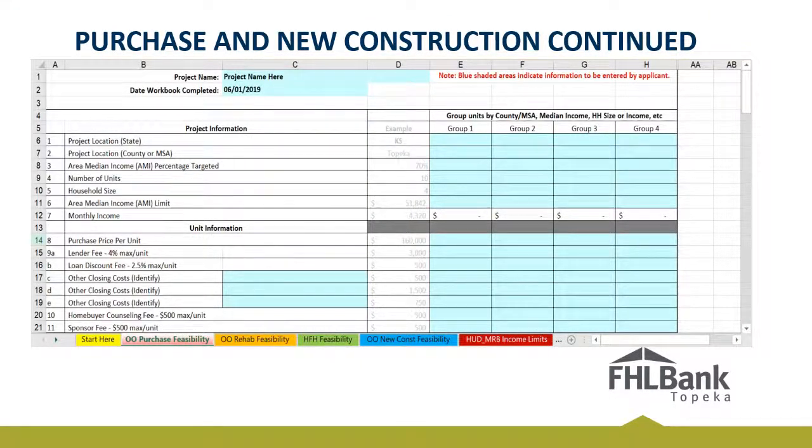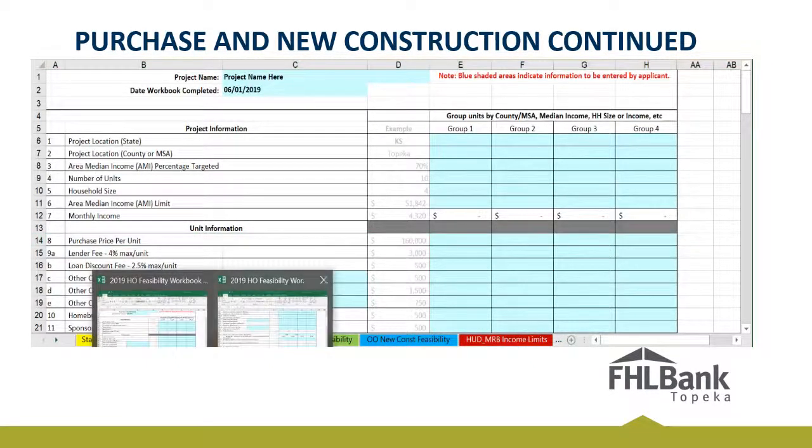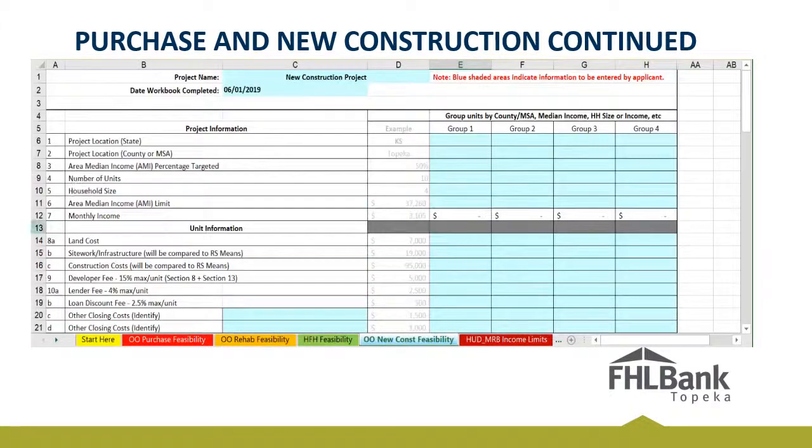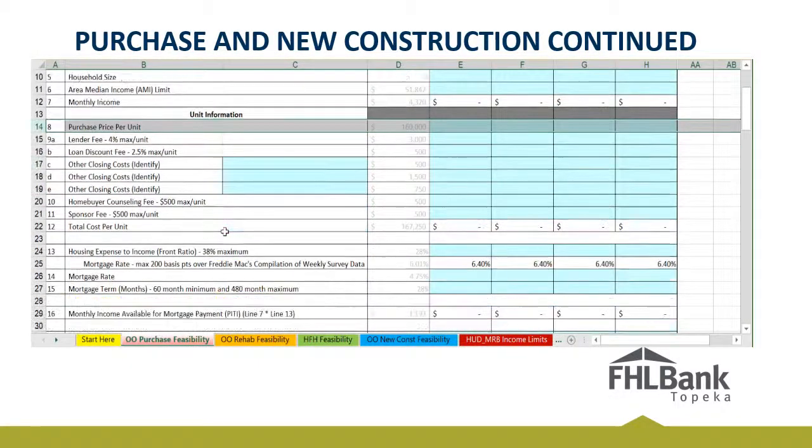Once you've entered the household information, continue completing the remainder of the feasibility workbook. The lower portion will require you to know information about the unit cost. For each grouping, you'll need to know the approximate cost associated with the purchase or construction of the home. For purchases, this includes items like the purchase price, and for new construction, this will include land cost, site work, and construction cost. In addition, both project types will need to know approximate closing fees, front ratio, mortgage interest rate,